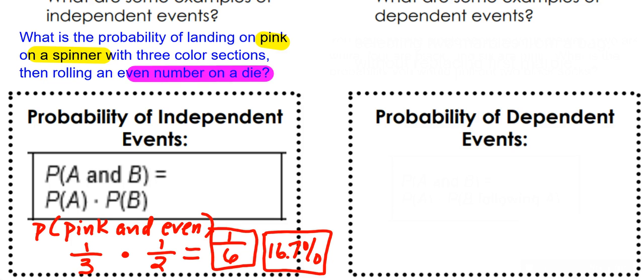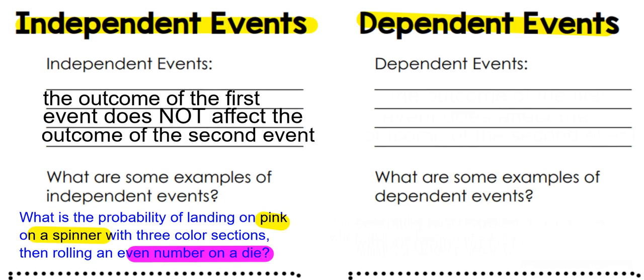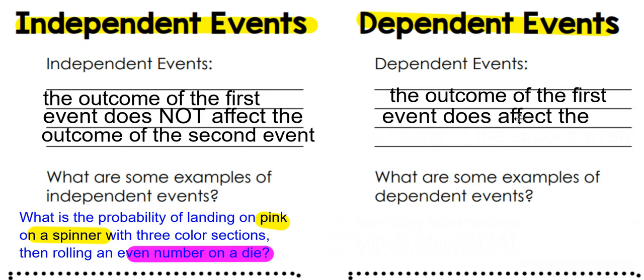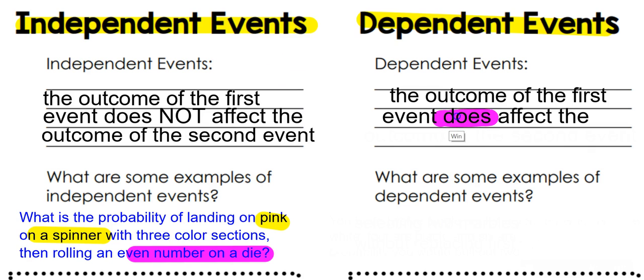All right, let's go ahead and move up to dependent events. So dependent events then would be when the outcome of the first event does affect the second. Okay, so this does have an impact, whereas the other one does not have an impact. Okay, so for this one,